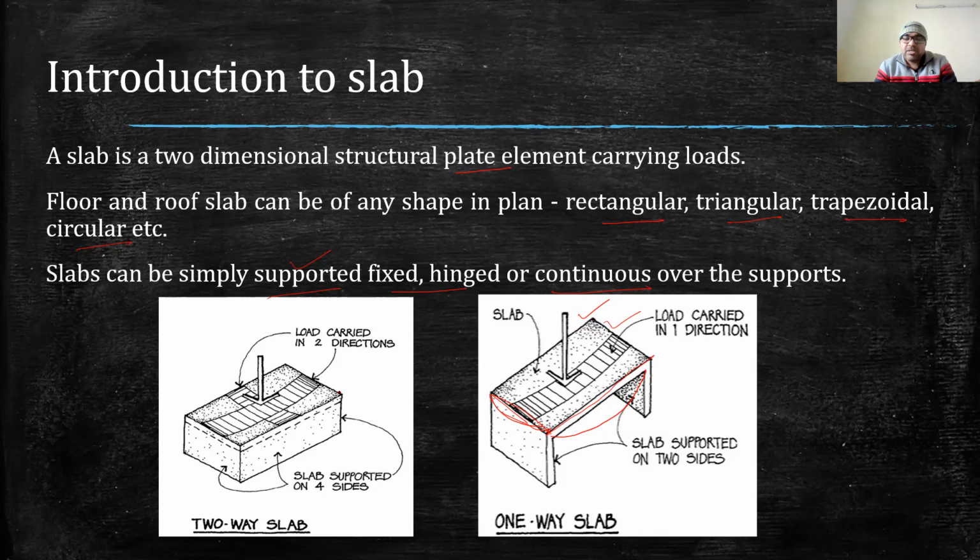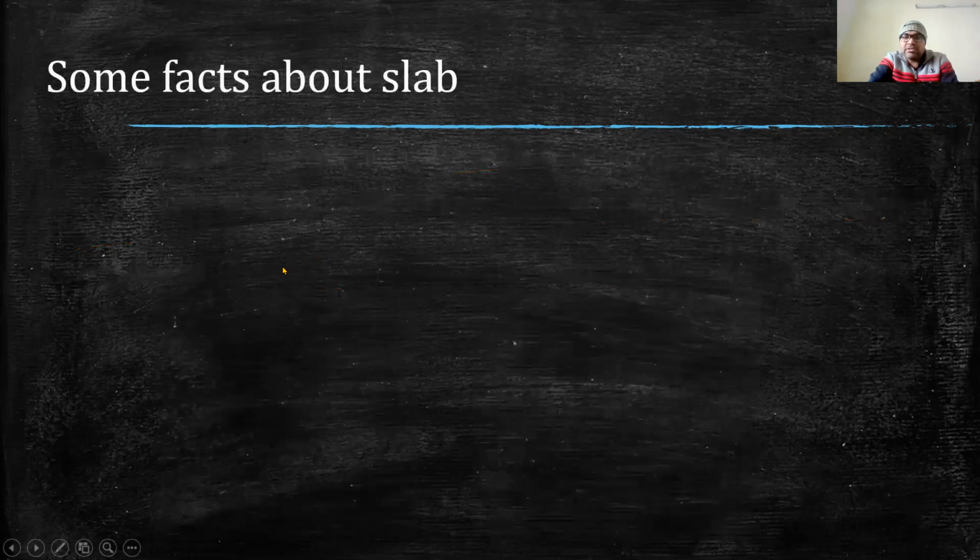And if bending is occurring along the shorter span, along the longer span, or along both directions, like in this figure you can see a slab is bending along this span and also along this span, in that case we call the slab a two-way slab. Now this one-way slab and two-way slab are actually classified based on the aspect ratio. And there is another condition, which we will see in the next slide. First, we will see some of the facts about the slab.